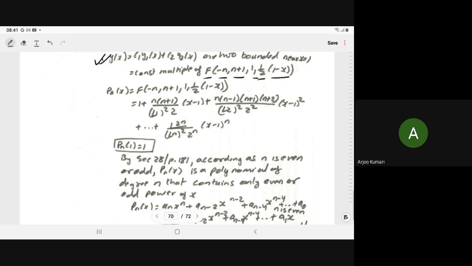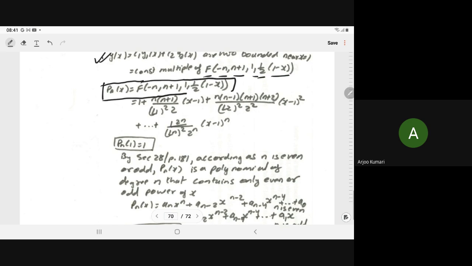So now in this case, this we represent by Pn(x). It is a very important thing. Usually we denote it by this, it is a very standard notation. So Pn(x) is the first formula of Pn(x). Pn(x) is equal to F(-n, n+1, 1, (1/2)(1 - x)). That is the first solution. In terms of the hypergeometric function, we have computed the solution of the Legendre equation.